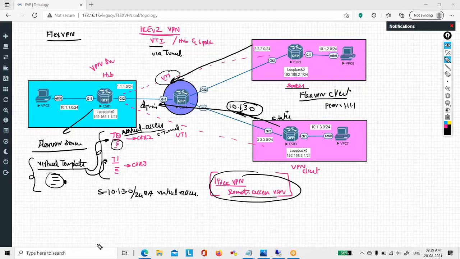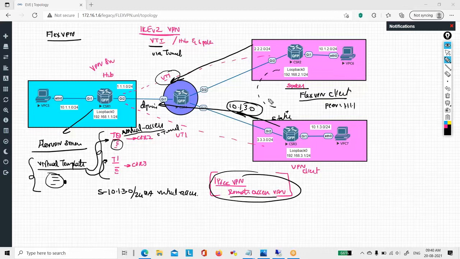You can see different technologies they have put across here. Automation using virtual template, VTI concept, any traffic going out of the tunnel is encrypted, and automatically the tunnels are getting created. Automatically the routes are getting created, and the spoke routers are acting as a client. They are the ones who initiate. We configure them to initiate. This is what is called Flex VPN, and we can take one step ahead, creating a tunnel spoke to spoke